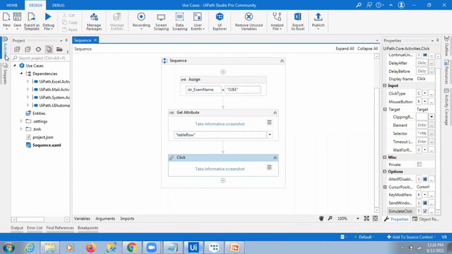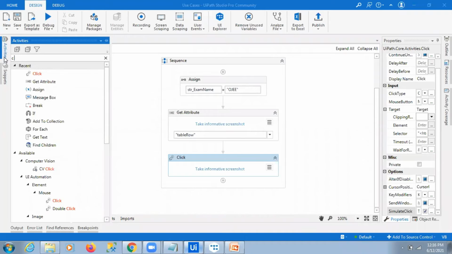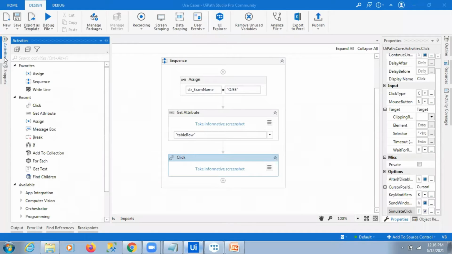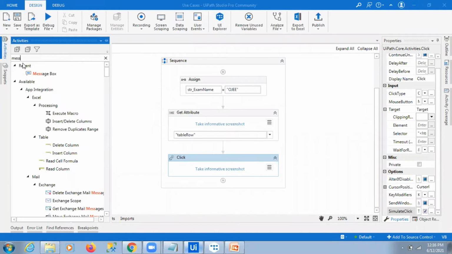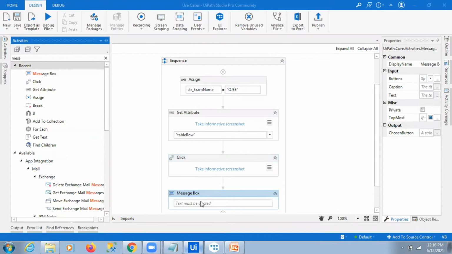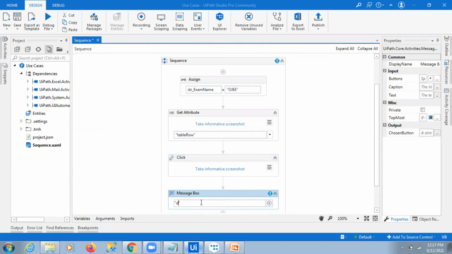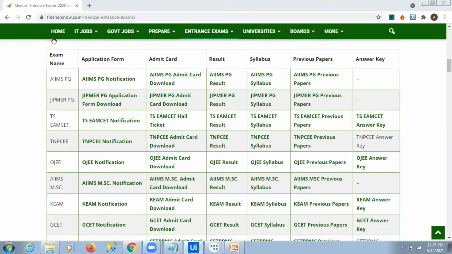I'm now running this use case. It takes time to run.